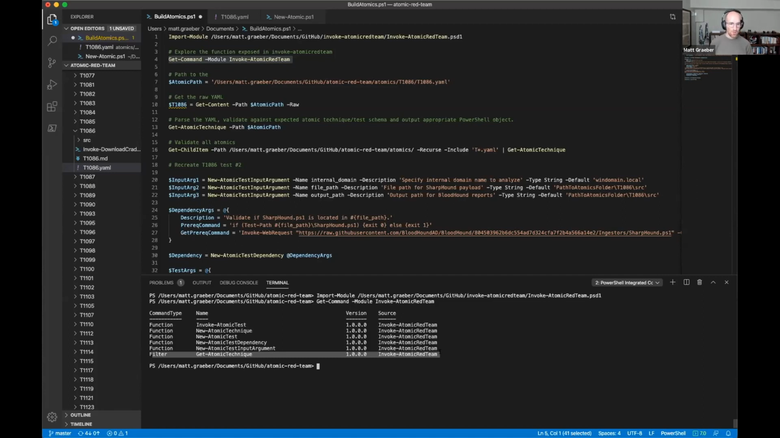Not only that, previously Get-AtomicTechnique would just parse the YAML, and that's it. It didn't actually validate that the YAML from an atomic test or an atomic technique validated against the expected schema for an atomic test or technique. Get-AtomicTechnique does that now, okay? So